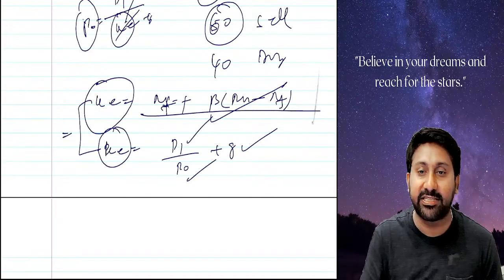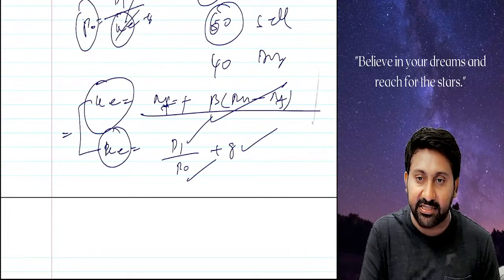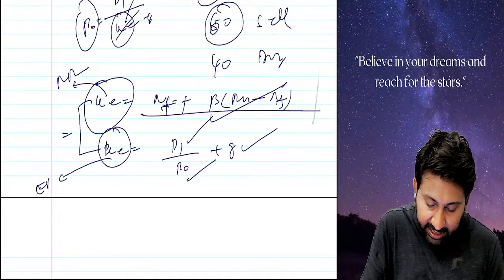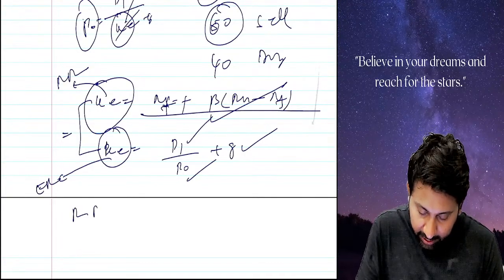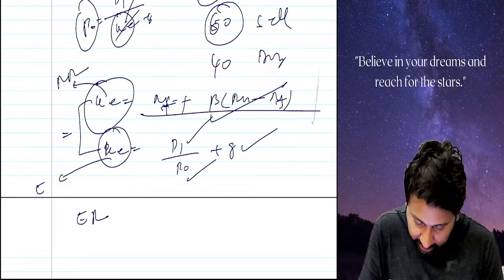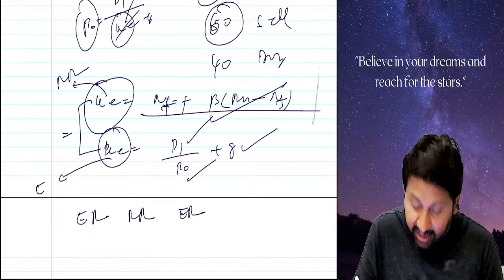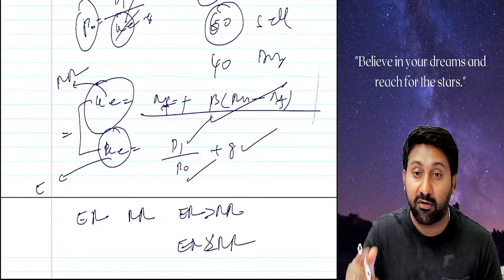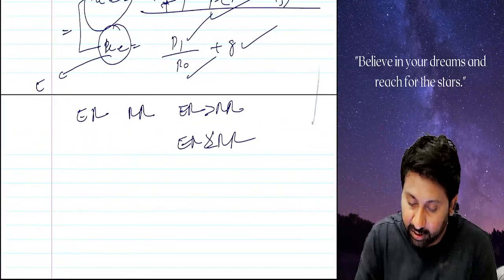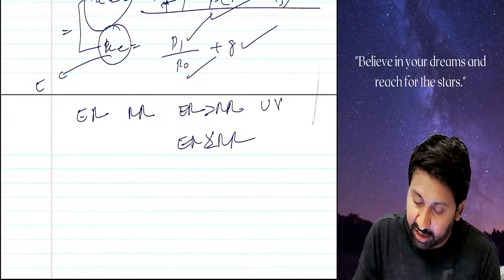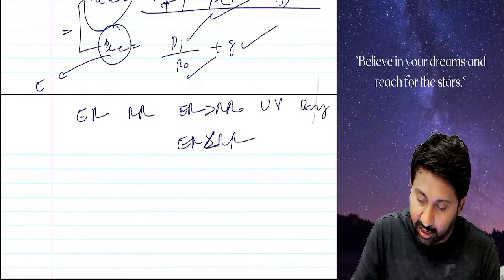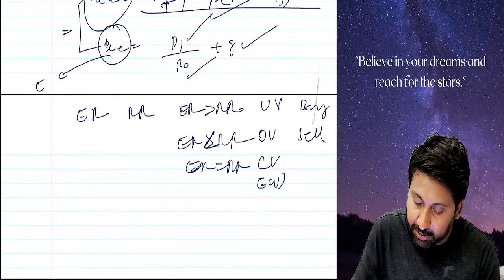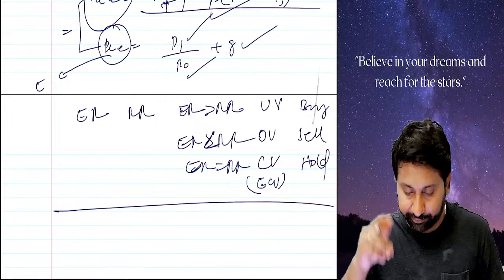This KE and this KE should be equal in equilibrium. If this KE is not the same, what happens? The KE as per CAPM is called RR, the required return. This KE is the market expected return, ER. I will write it this way: ER, RR, ER greater than RR or less than RR. If ER is greater than RR, we are expecting something but you are giving lesser: undervaluation, buy. If ER is less than RR, overvaluation, sell. If ER is equal to RR, correct valuation or equilibrium, hold the share. Next.